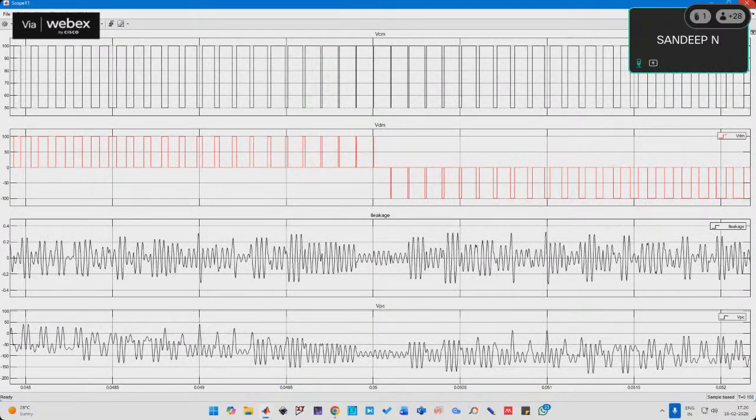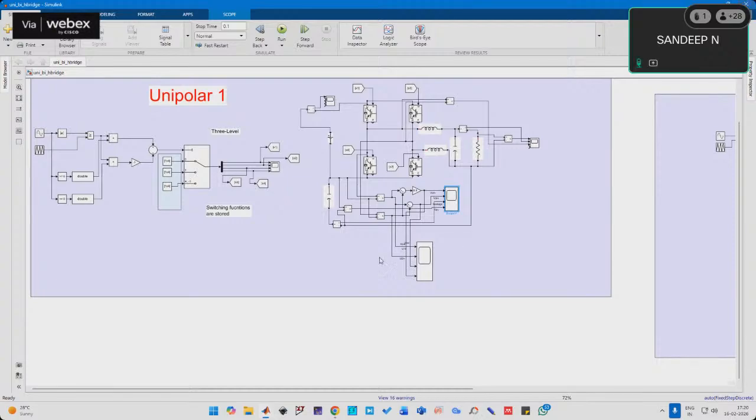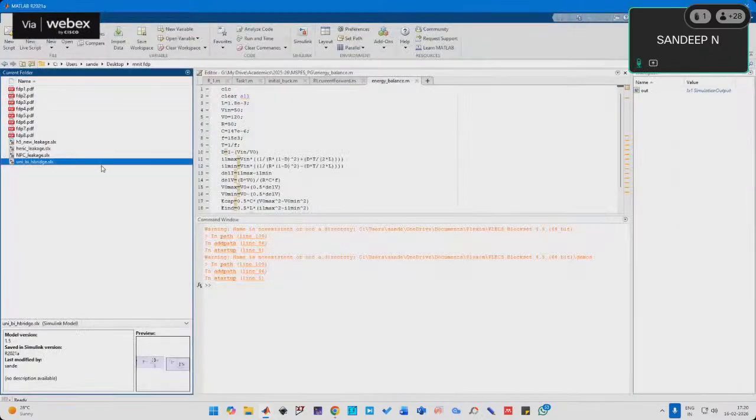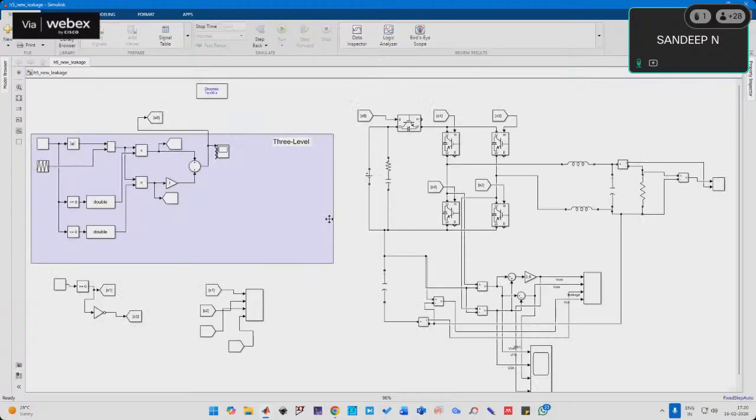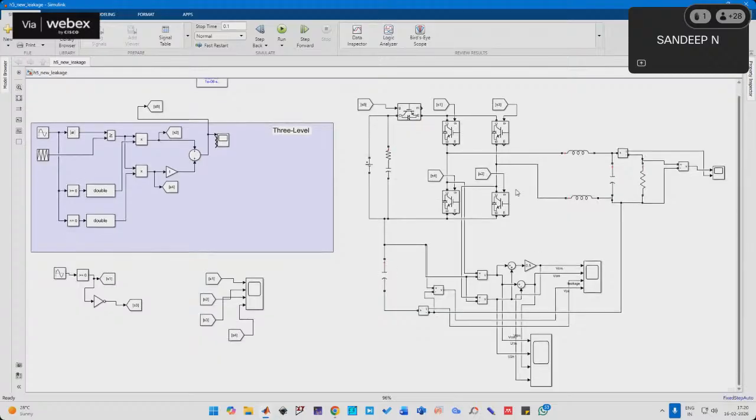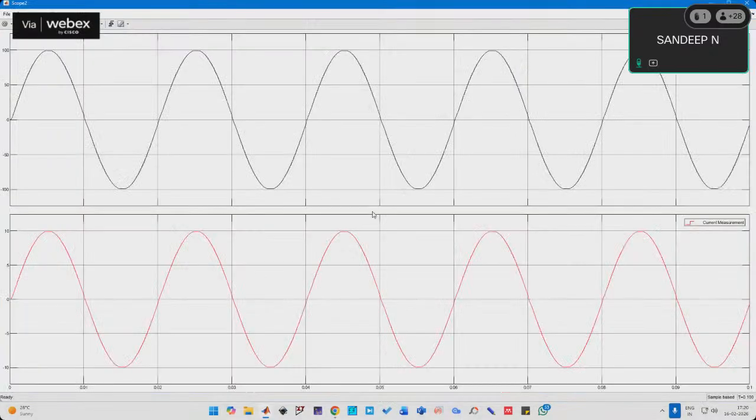Now let me close this. So this is the H bridge, what we have. Then let us try to see what is happening in H5. Okay, so the setup remains the same. You have your 4 switches, and the fifth over here, which is used for the DC decoupling. The rest of the parameters have remained the same. Let us run and see whether we are able to generate unipolar output voltage or not. This is the output voltage and current